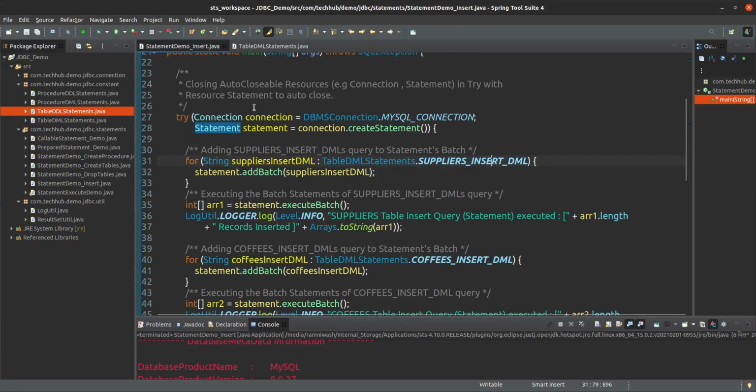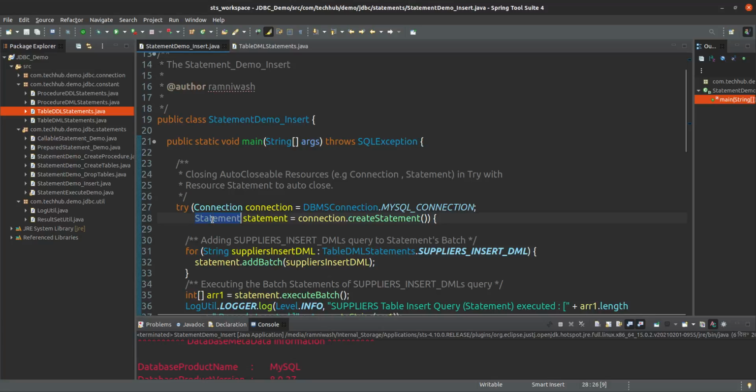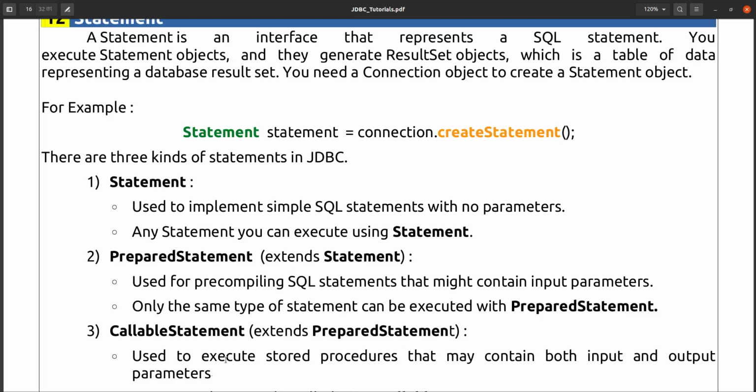But currently just understand that this statement interface of JDBC we can use to execute any statement without any positional parameter. If your SQL statement does not have any positional parameter, you can create this SQL statement for that and you can execute. Okay, so this is about the first one, statement.